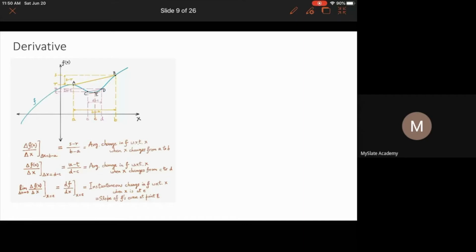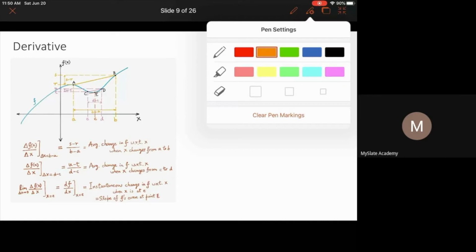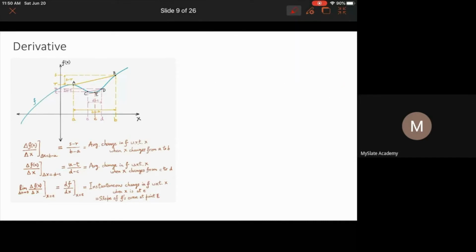Further. So, derivative. Let me explain this concept. I'll take about 5 minutes to explain this. Look at this figure here, and let's say that we are interested in finding out... There are these points on the x-axis. You can see C, E, D, and B.